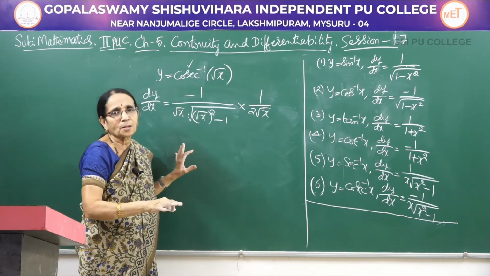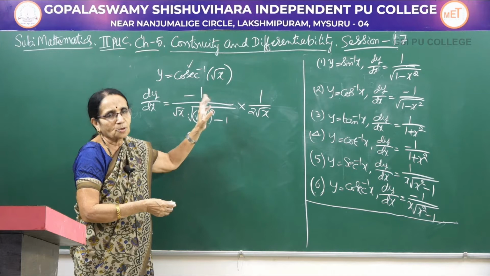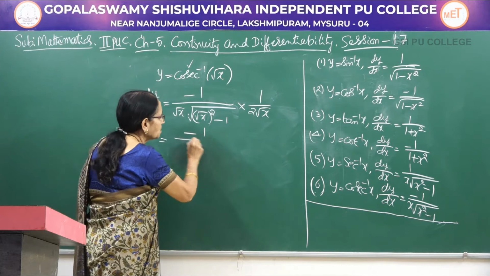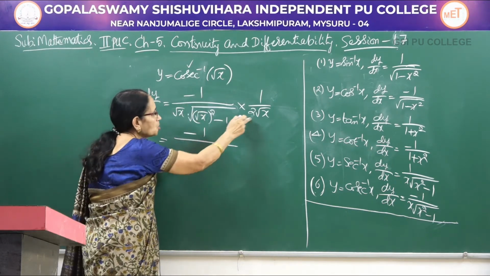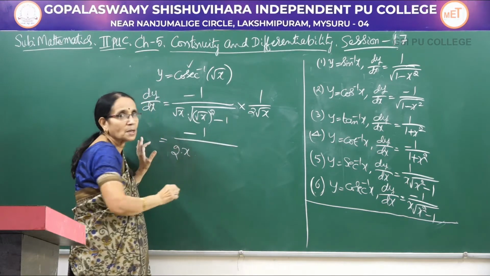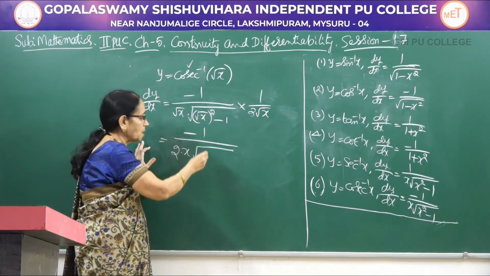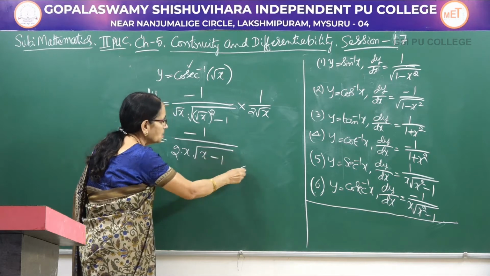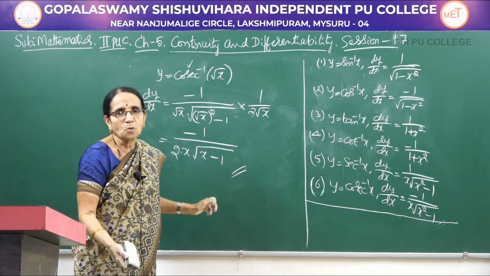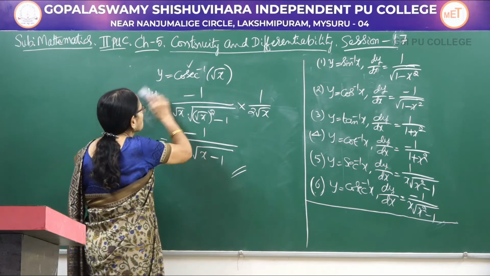These are all basic functions only. But only when this is other than x, then it becomes a composite function. So, automatically we are using the chain rule. Now, carefully you write the answer. Numerator is minus 1. Now, 2 you write the number, root x and another root x, it becomes simply x, into, under the radical sign, root x the whole square. What happens here? It becomes again 1. So, the answer is minus 1 by 2 into x into square root of x minus 1. So, this is the derivative of the given function.